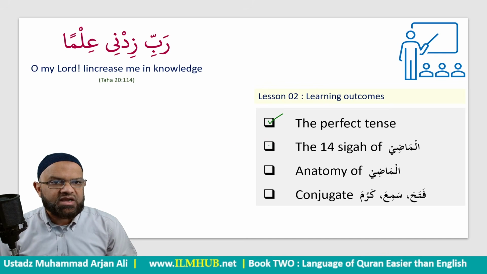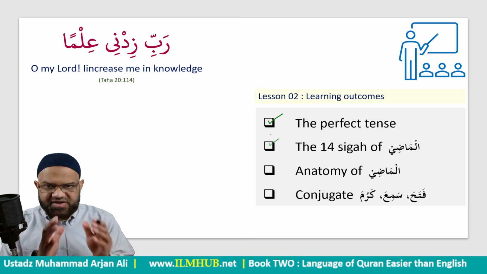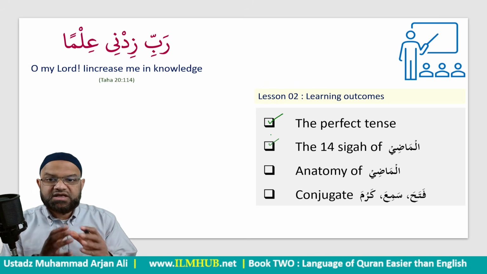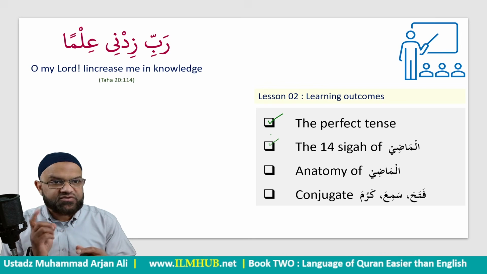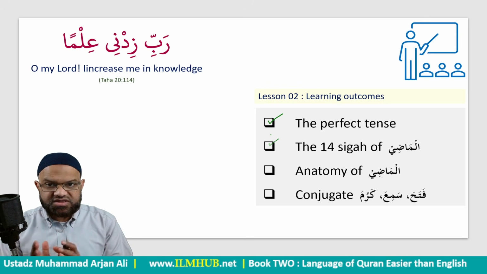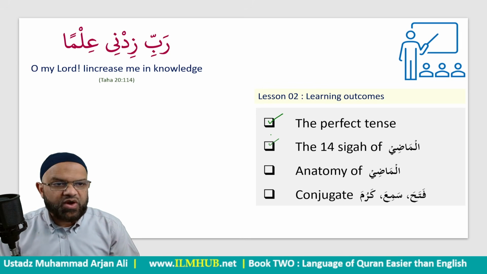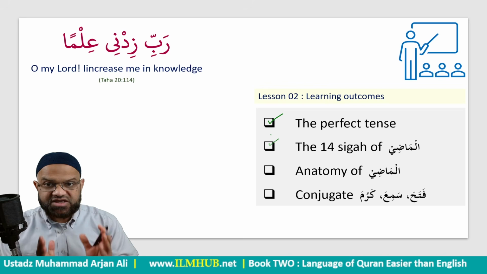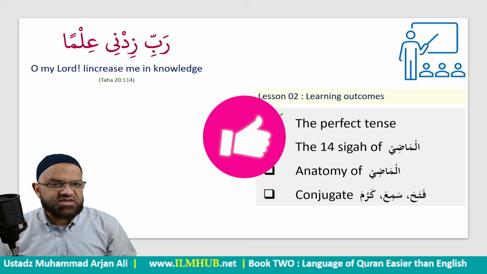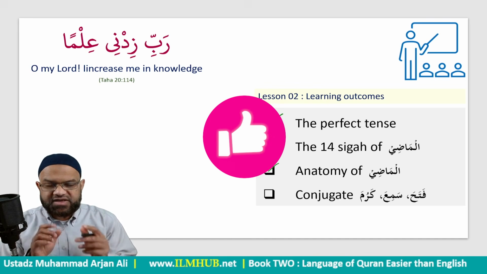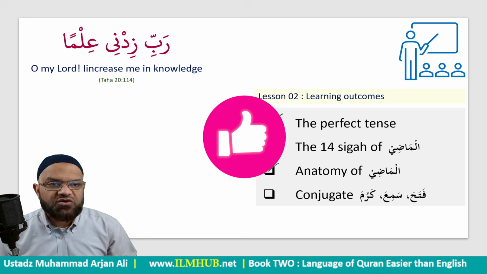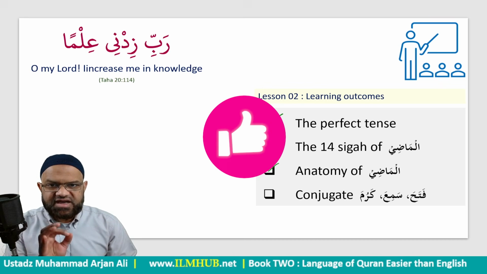And we will learn how for each verb and the past tense Madi, the perfect tense, there are 14 variations, one for each of the pronouns that we studied before, even from book 1 where we studied the detached Rafa pronouns. Then inshallah we're going to take a very close look at every component of the verb, all the things that are added to the root.